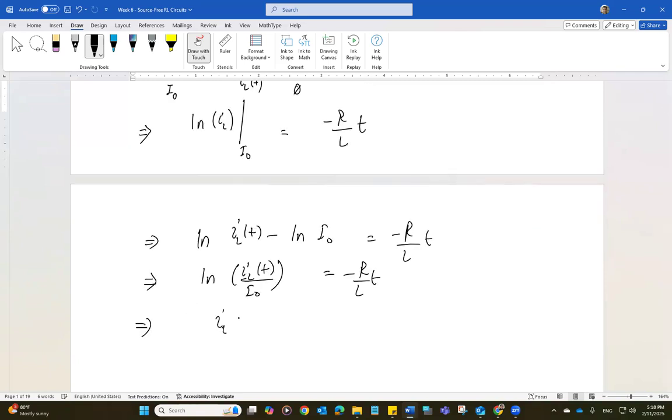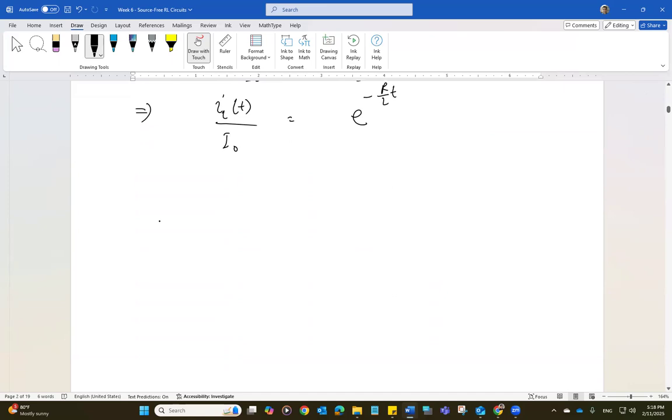So we get IL(t) over I naught is equal to e to the power negative R over L times t. And this will give us IL(t) is equal to I naught e to the power negative R over L times t,